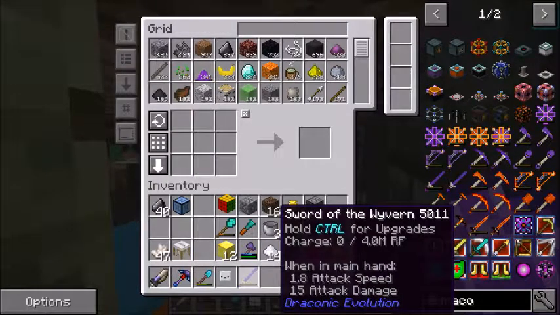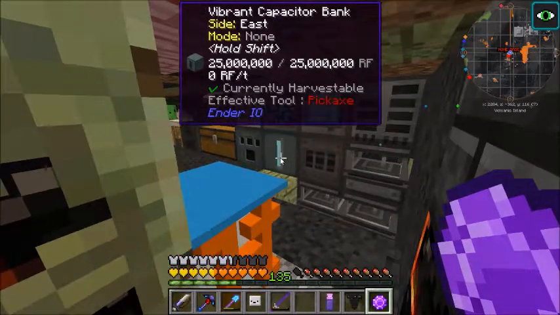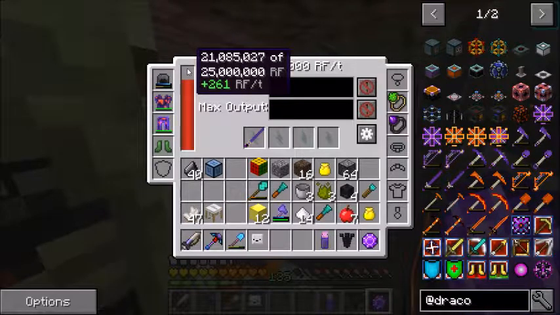It takes 4 million RF, and we've got, I think, 25 saved up in this power bank, so we should be able to throw this in there and it'll charge it up all the way. And that'll also allow us to see, once that's done charging, how much RF we're getting from our scallium generator. I believe it should be about 360 or 320 RF per tick. Looks like it's about